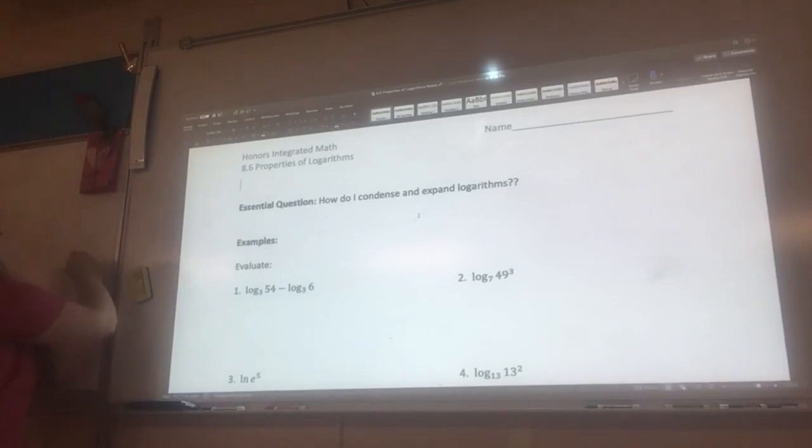So again, we are starting with 8.6, and now we're going to look at how do I condense and expand